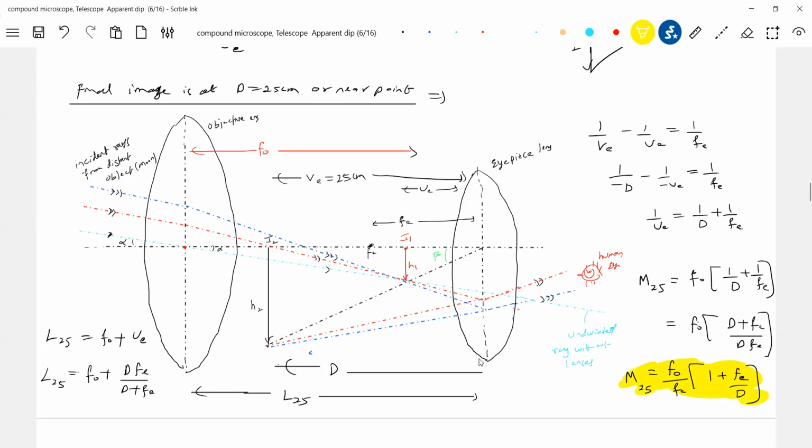Okay, now I can adjust things in such a way that the final image will be at infinity. So shall we adjust the objective? The object is the moon, no? Moon, heavenly object. You can't do anything with the object. Just keep it as it is. So what should you do? You can change the distance between the objective and eyepiece, such that the final image will be at infinity. For that, the rays after refraction should become parallel. Then we should calculate what is the magnifying power and what is the length of the tube.